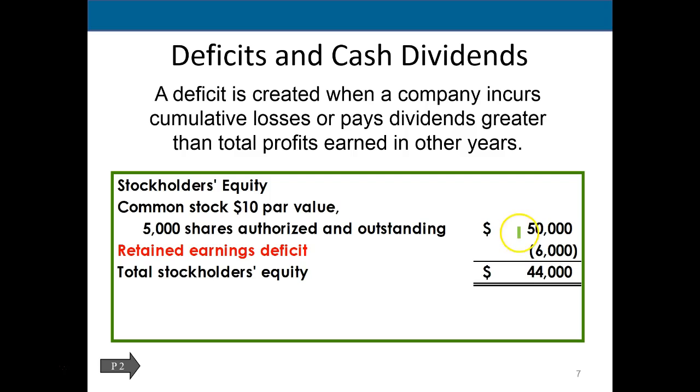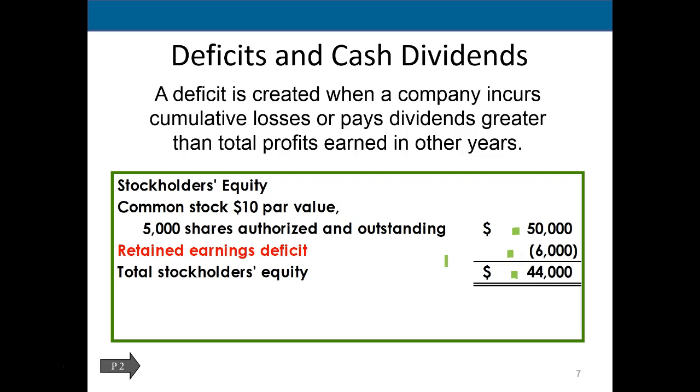So notice they're kind of backed up with the common stock here, because we break out the stockholders' equity into retained earnings and common stock. So even though the retained earnings is negative, the total stockholders' equity is positive, because we're breaking out the investment versus the retained earnings. Some states will also say that if they do get a distribution that is beyond the amount that's in retained earnings, that's going to be a redemption of the stock, and there could be tax effects